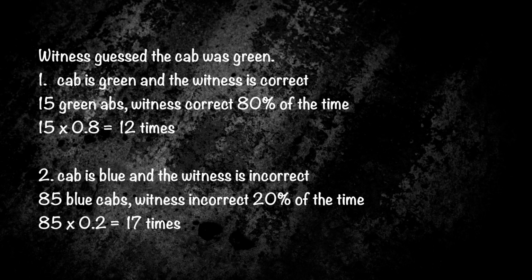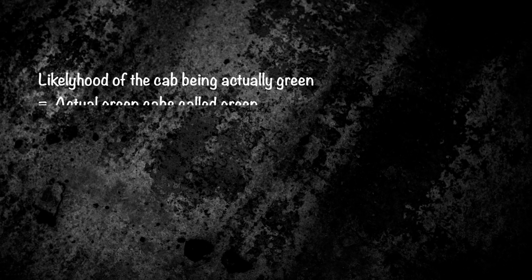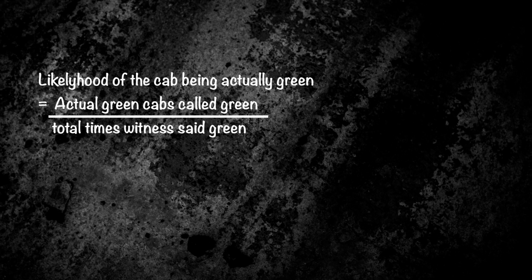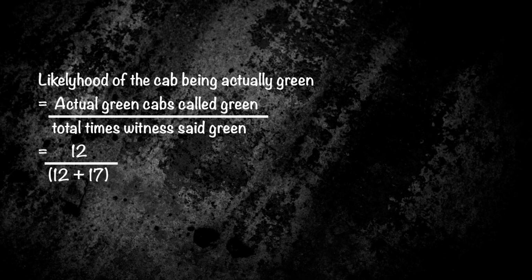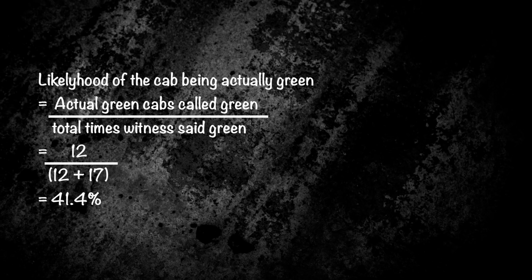it would be 17 times. Now the likelihood of the cab being actually green is the actual green cabs called green, divided by the total number of times the witness called it green, which is the times the witness was wrong and the times the witness was correct. So if you do the calculation, it is 41.4%, which is much different from our initial answer, which was 80%,